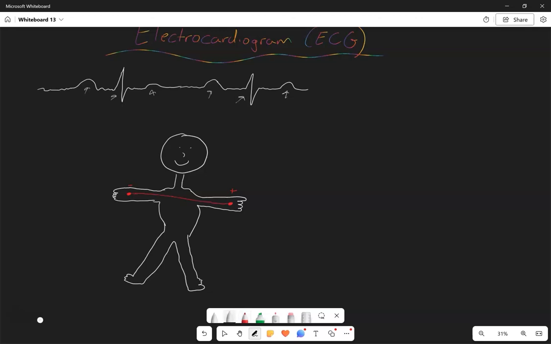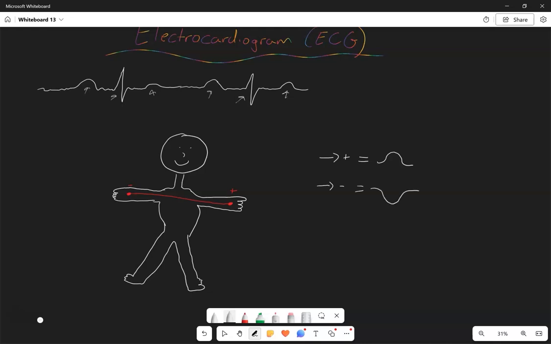Okay, now, if the electrical signal current moves towards the positive end, that equals an upward deflection in our readout. If the electrical current moves towards the negative end of our diode, we get a negative